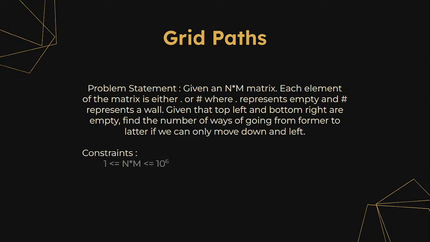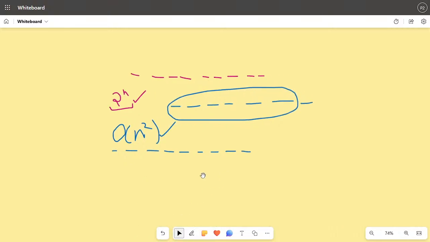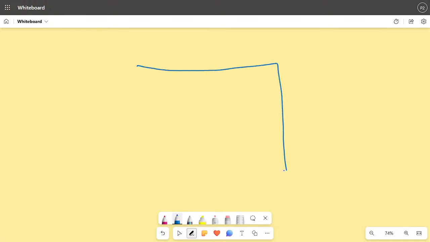So let's look at the constraints. The grid size is 1e6. Okay. Any other? Okay, so let's move here. Okay, so what is the question? It says that we have a grid